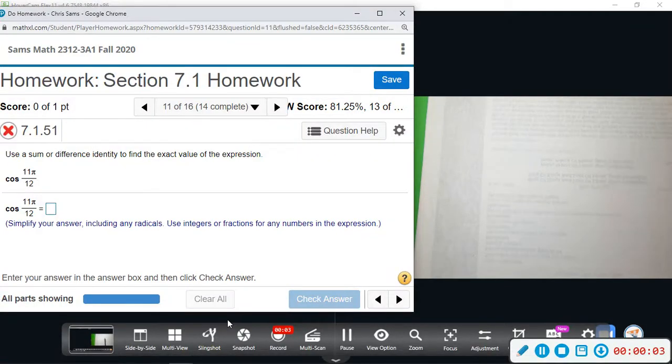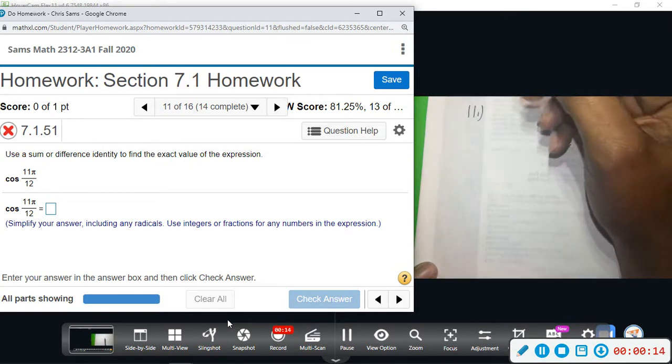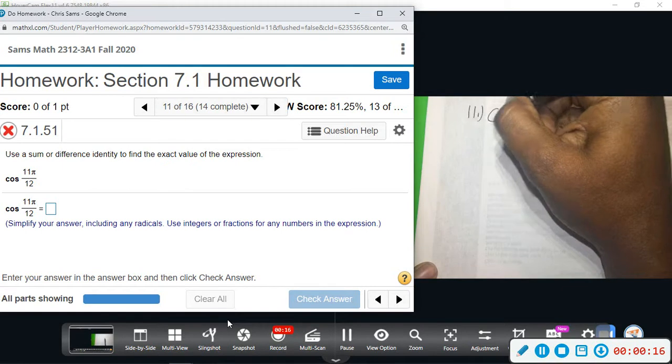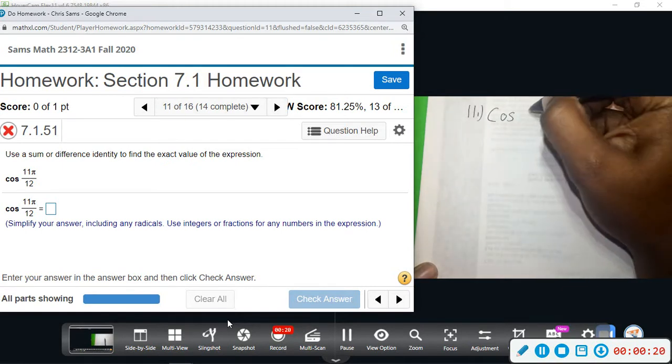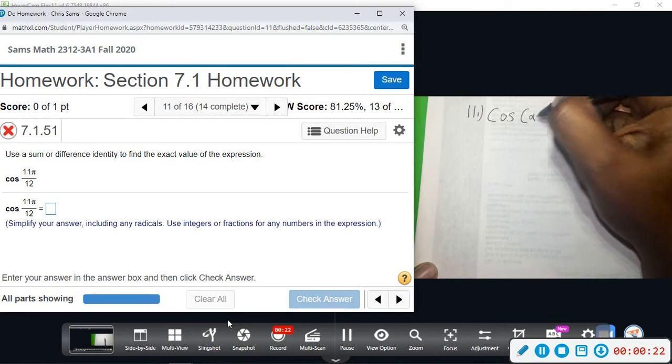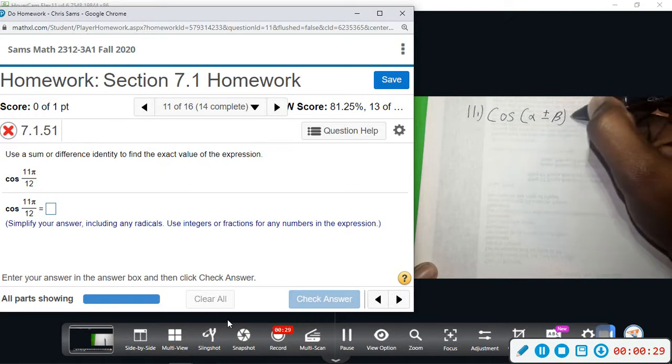All right, number 11, we want to use the sum and difference identity to find the exact value of this expression. So we are given cosine. So the sum and difference formula for cosine from your trig cheat sheet is cosine of alpha plus or minus beta. So you have two different angles. That equals